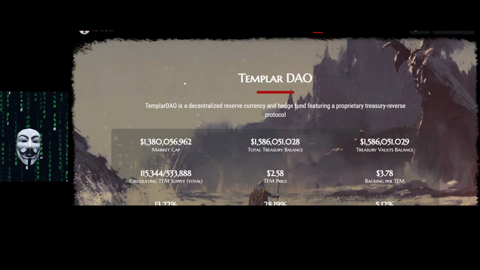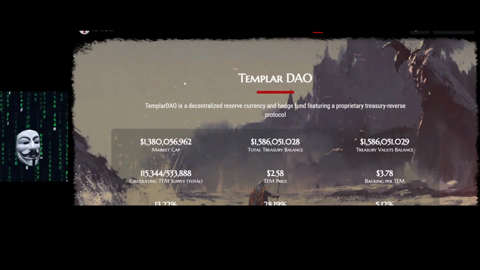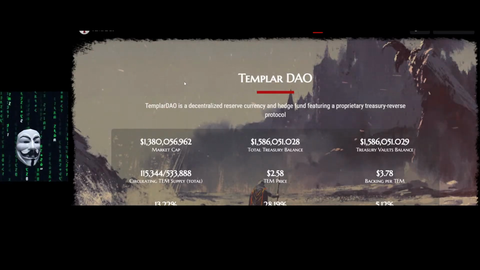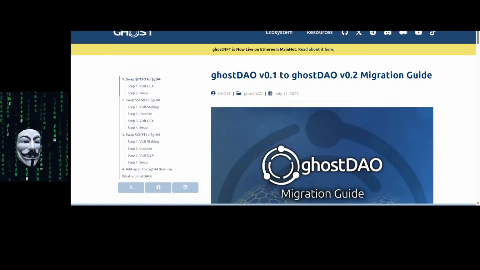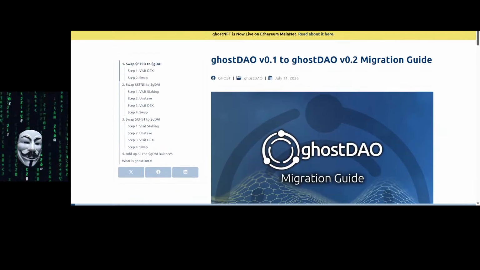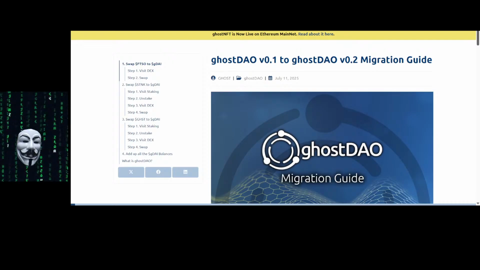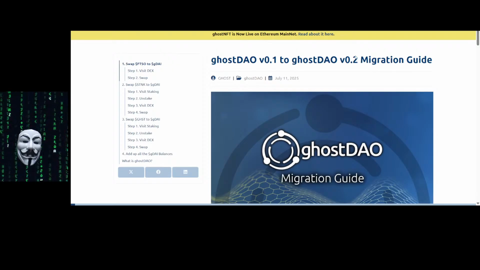I appreciate it. If you do have the desire to start selling, maybe slowly start unwinding your positions and turning them into GDAI. So this guide is publicly available on the blog right now, that I demonstrated last week. This is just a migration guide, how you can unwind all of your positions